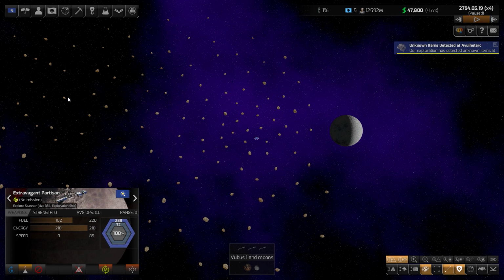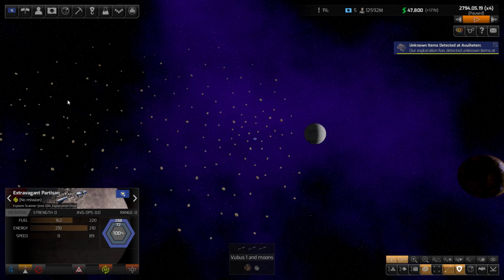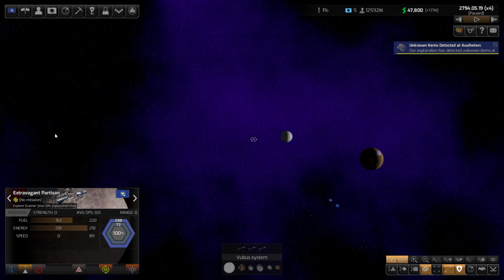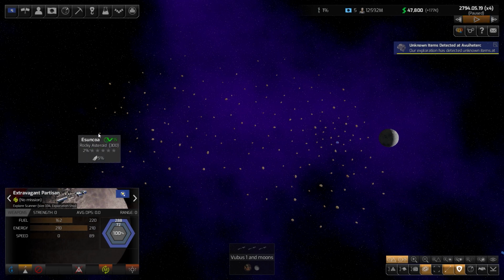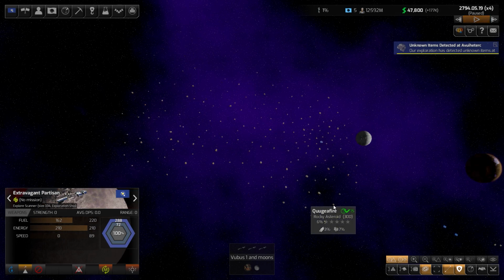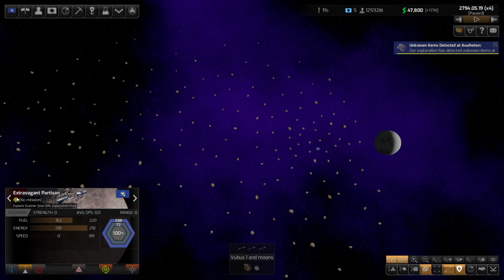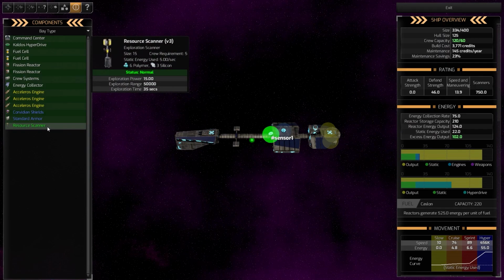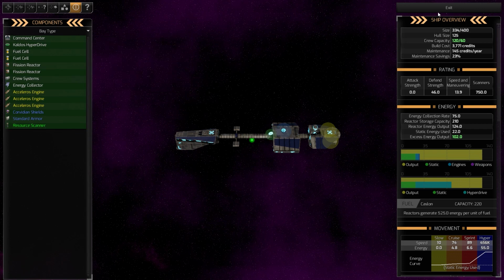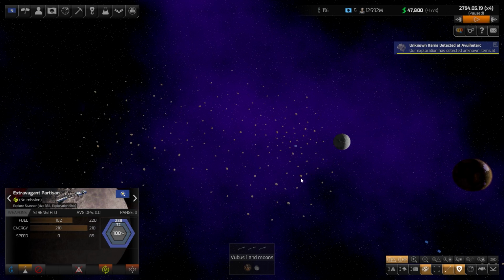And the range is way bigger. So it actually reached the entire asteroid field. This one has a 50,000 range. That means that this will cover pretty much every asteroid field. I don't think you'll encounter